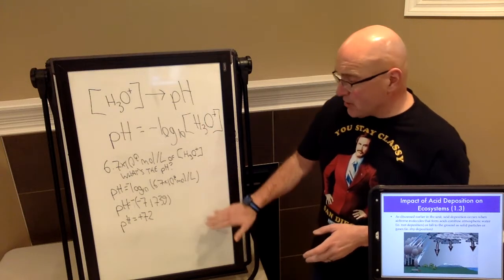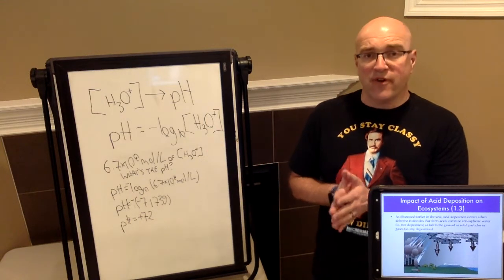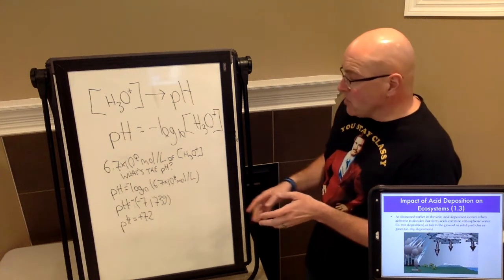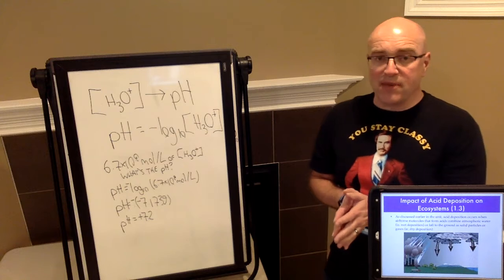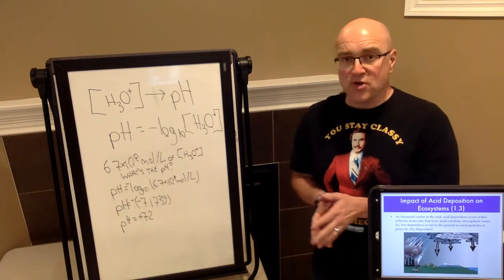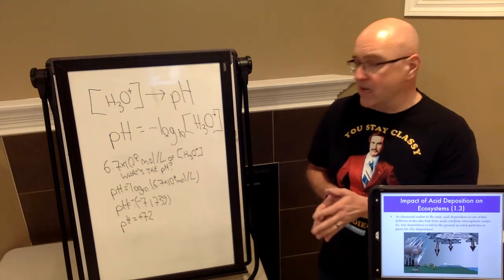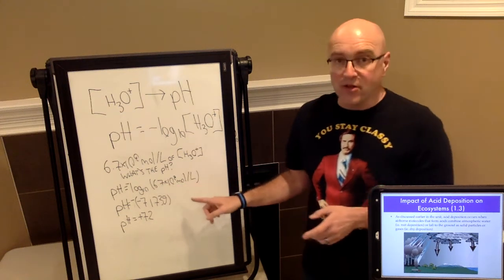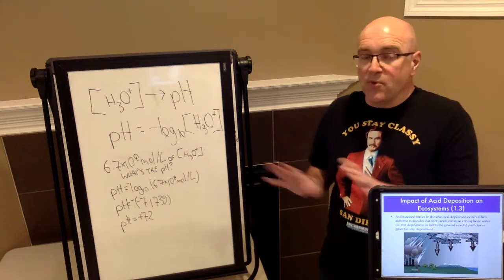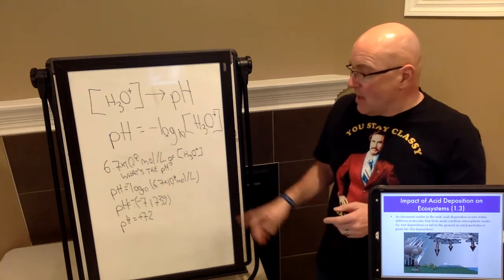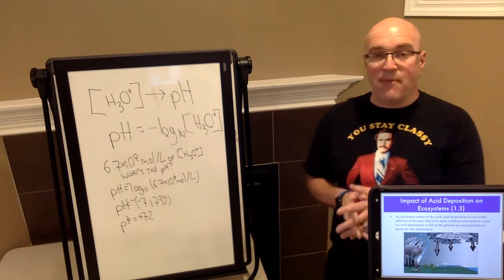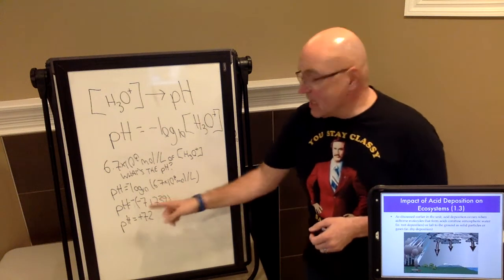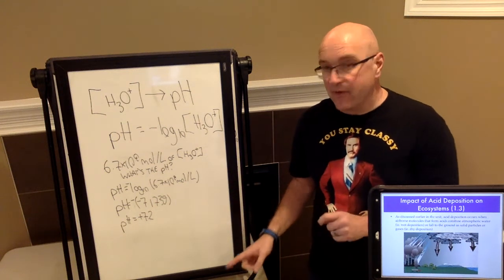Now what I've drawn here is the example that was on the very first page of that section of the notes, in which we were trying to calculate the pH of a substance that had a hydronium concentration of 6.7 times 10 to the 8th moles per liter. If I take that value as is, 6.7 times 10 to the 8th, and I calculate the log 10 of it by clicking the log 10 button on my calculator, I'm going to get a value of negative